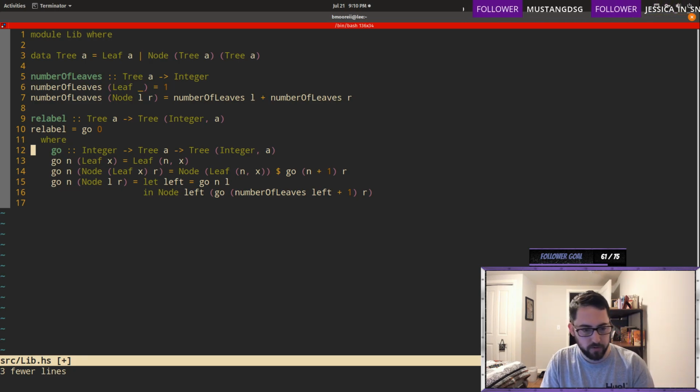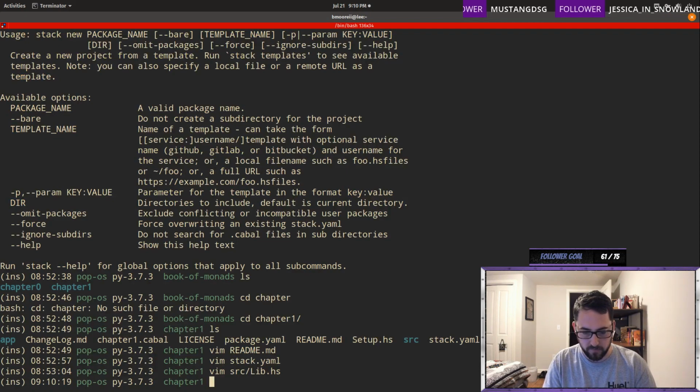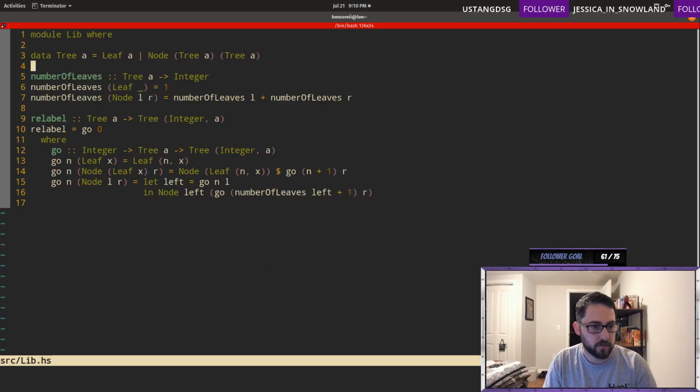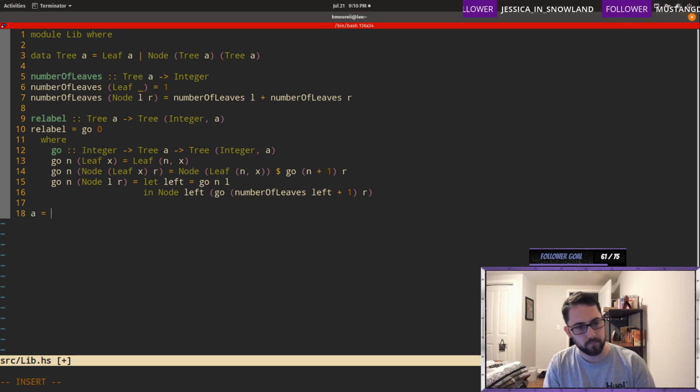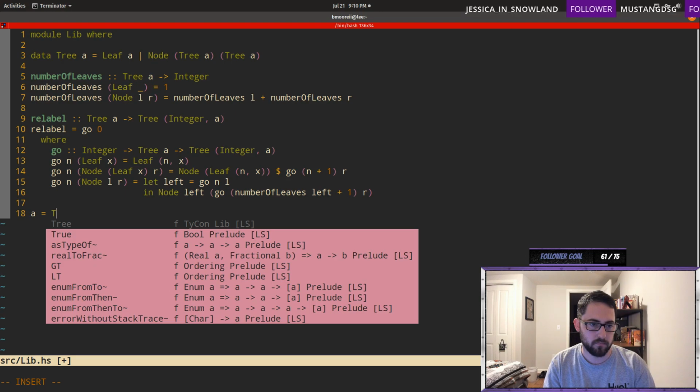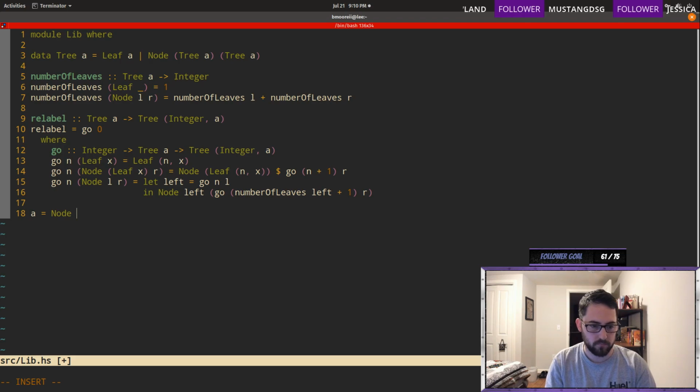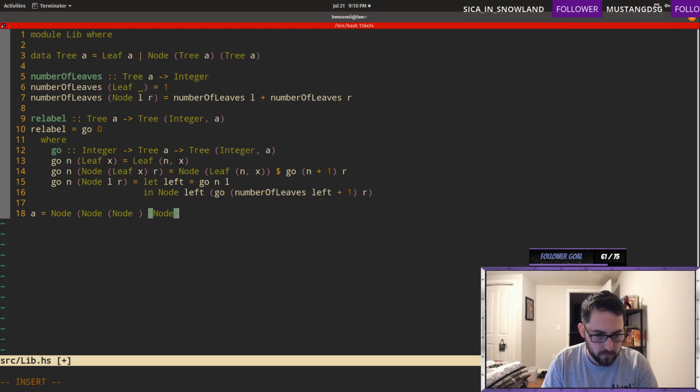I'm willing to blow up my computer for no reason. Oh well, we need something to test it on, don't we? Okay. So this is going to be our left subtree, the right inner subtree for that one.